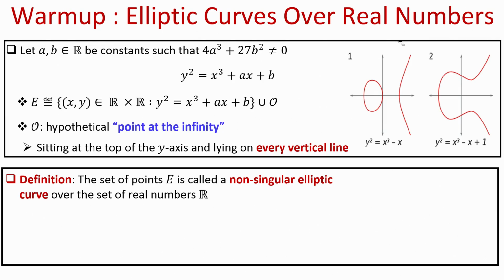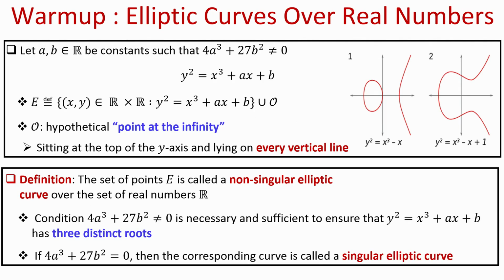Now, the set of points E that we have defined above is called a non-singular elliptic curve over the set of real numbers. And why is it called non-singular? Because we have ensured the condition 4a cube plus 27b square is not equal to 0, which is a necessary and sufficient condition to ensure that the resultant curve that we have defined here, namely y square equal to x cube plus ax plus b, has 3 distinct roots, because it is an equation of degree